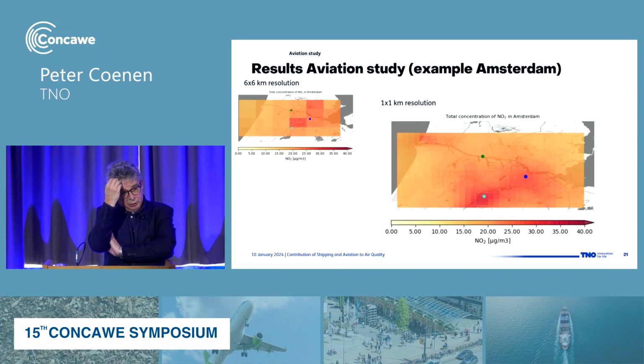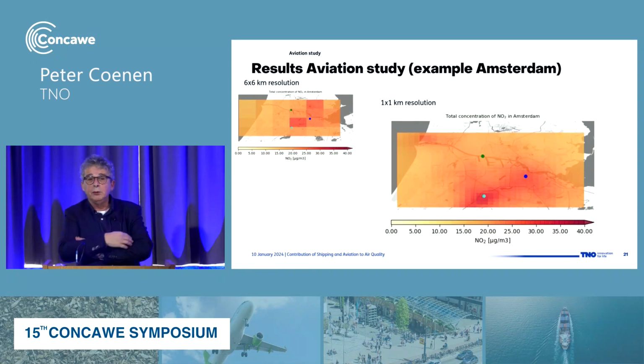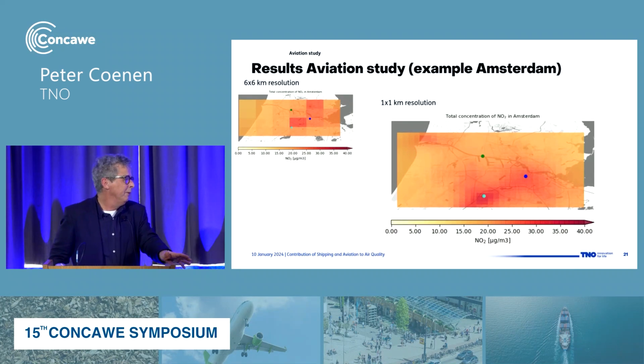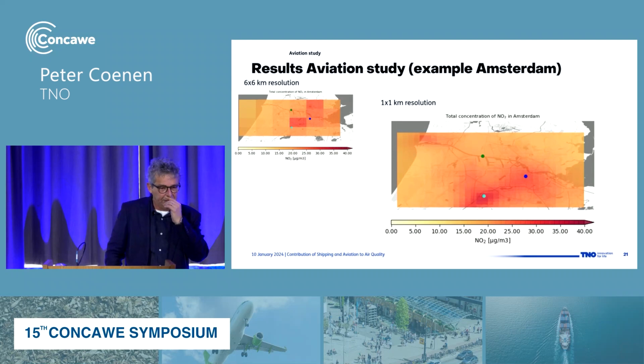And we can go to the right, the 1x1 kilometer resolution. And you see that the definition is far more shown. If you know the airport of Rotterdam, we have a lot of landing strips and takeoff, which are far away from the airport itself. If you look closely, you can see the landing lanes. One of them is from the north to the south.